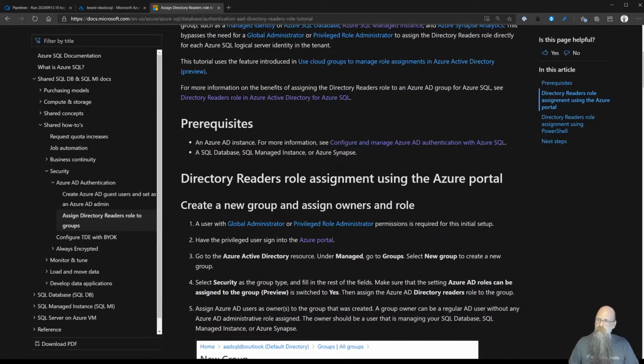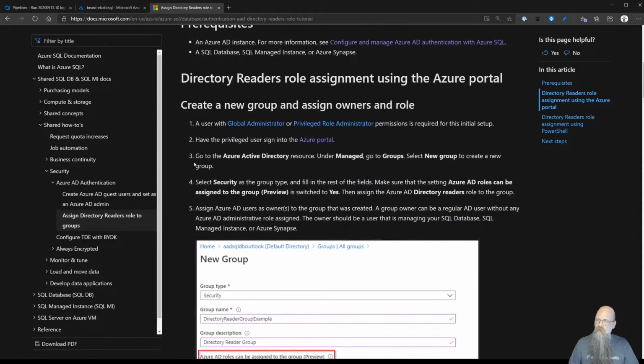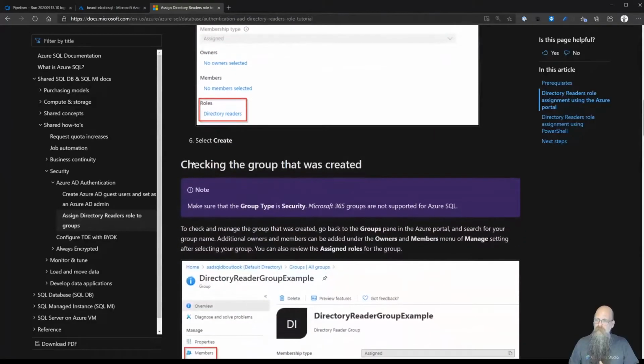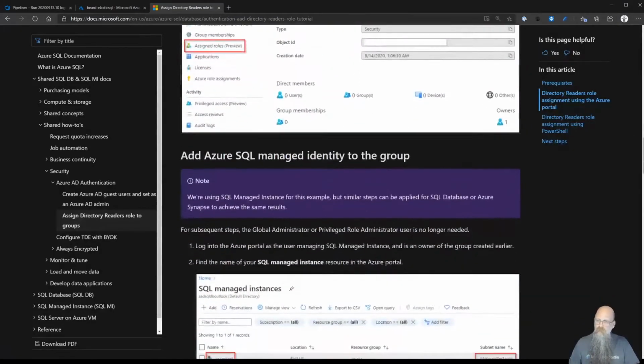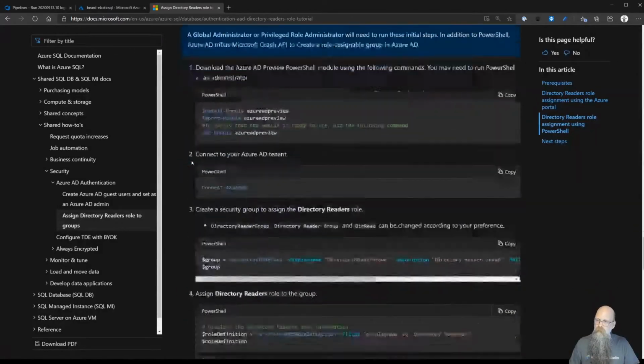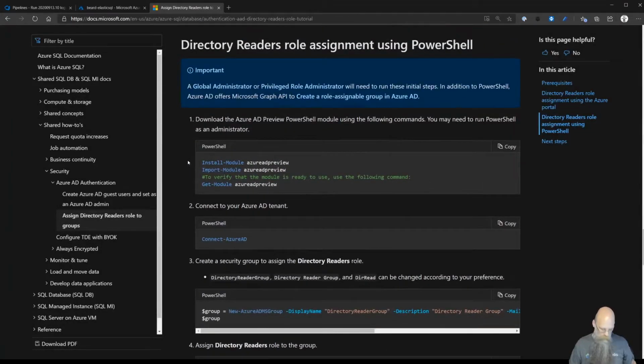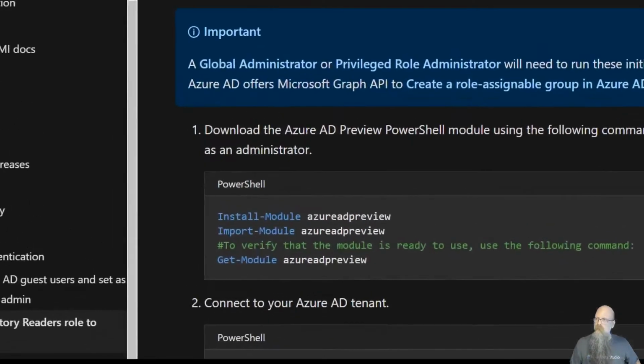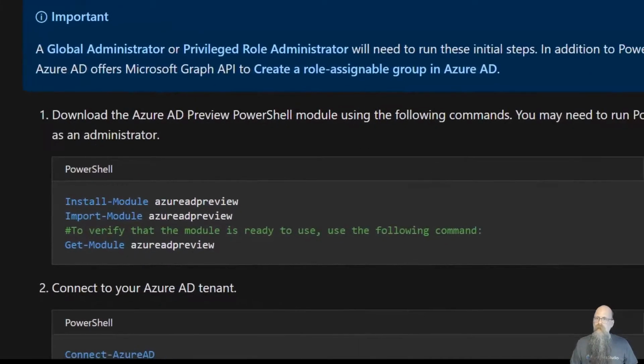So this is how you would do that within the portal. They've also got some PowerShell further down here. But the important point to realize when you're doing this is that a global administrator or a privileged role administrator will need to run these initial steps. So if you're working without a premium P1 license,